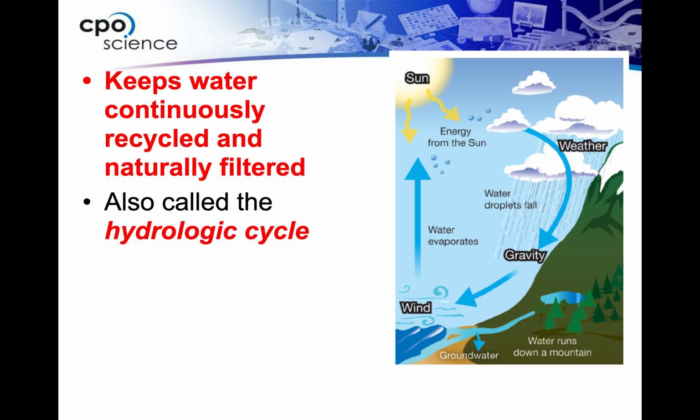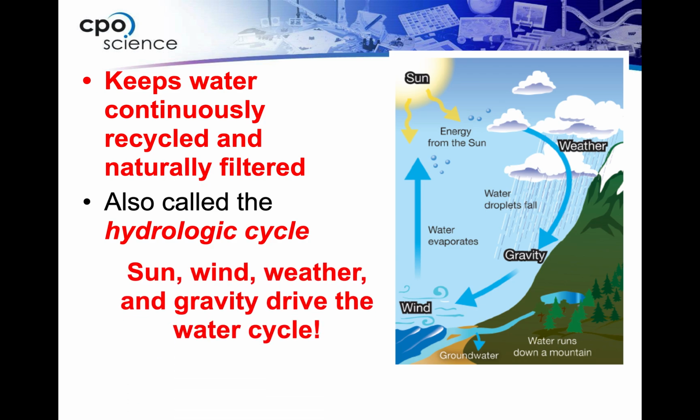There's other factors that also help move water in the water cycle, like gravity, which, as we all know, pulls us down to Earth. It does the same thing with water, where it pulls it down to the Earth, whether we're talking about water that's falling from clouds or water that's going down and seeping into the ground. And then the wind also plays a big factor in moving water on Earth from place to place. So lots of parts of the water cycle. So the sun, wind, weather, and gravity all drive the water cycle, and they play an important role in moving this water on Earth.